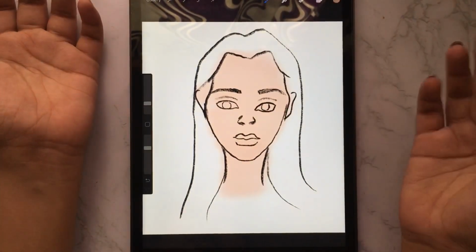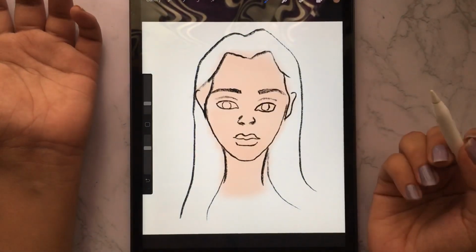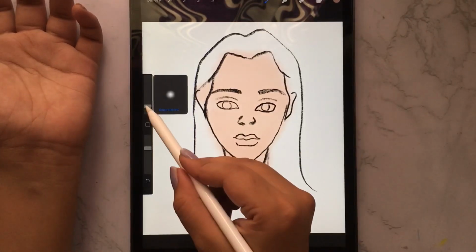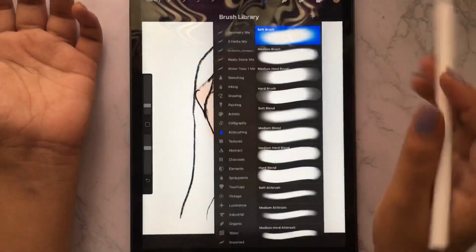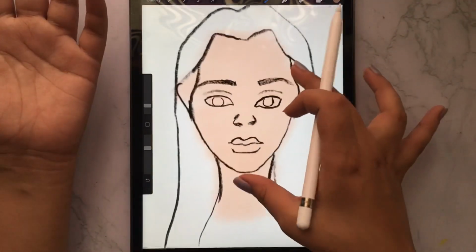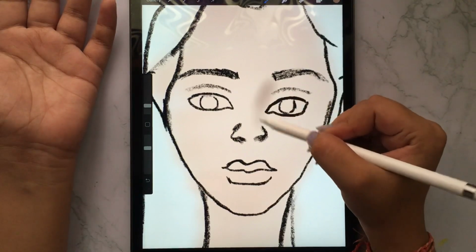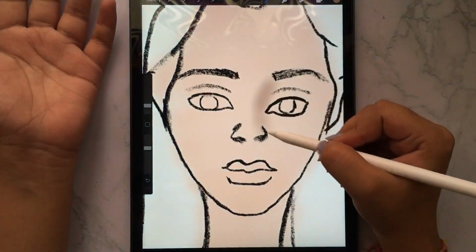So I get the shadow color and start doing the shadows. I have already selected the soft brush. Zoom in a little bit and then go to the shadow parts.